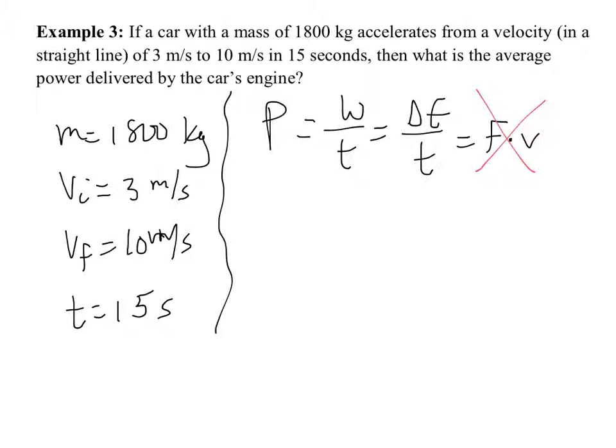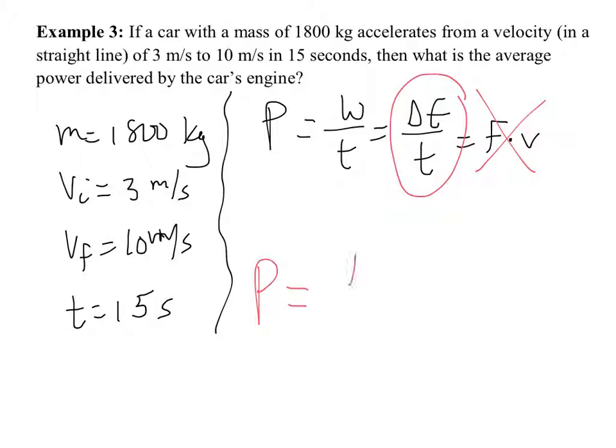Now, I can indirectly use work, and I'll explain where it's a little bit confusing, but the best one to use would be this one here. What kind of energy is in this problem? Kinetic. How do you know that, Victoria? Because it's moving, and then it's still moving at the end. It started at 3 meters per second. It ended at 10 meters per second. So there's some sort of motion. So it's kinetic energy.